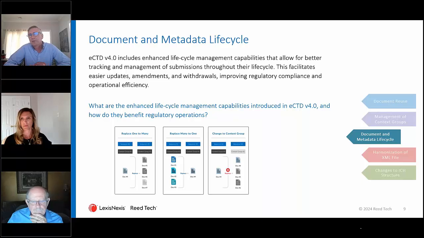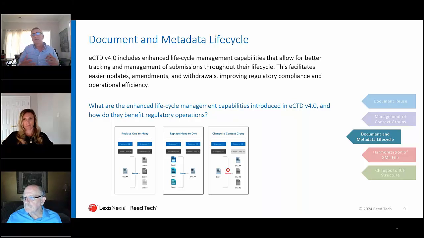So you can put things in an order and you can give it a context group and say I'm clinical study report 1, 2, 3. So there's all sorts of information now that it's flexible to be able to provide that structure without it being